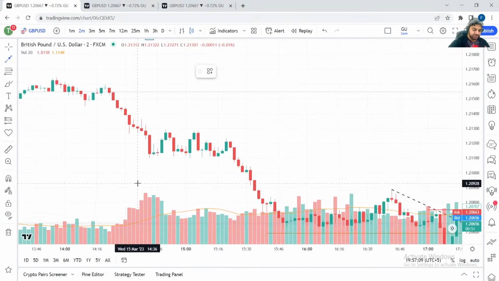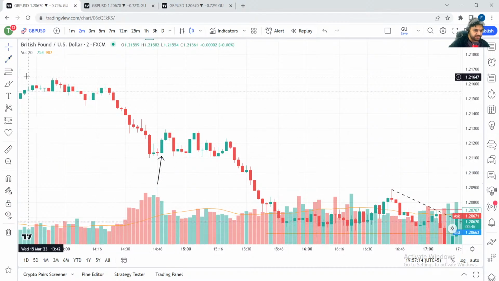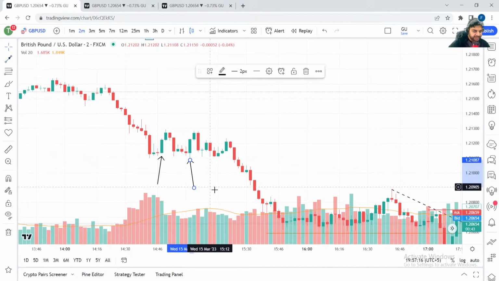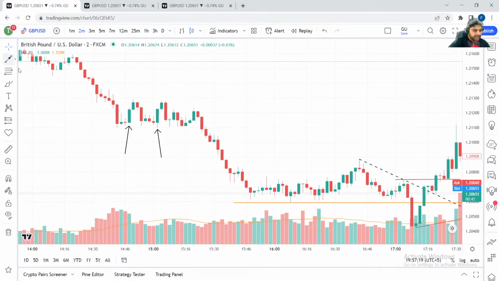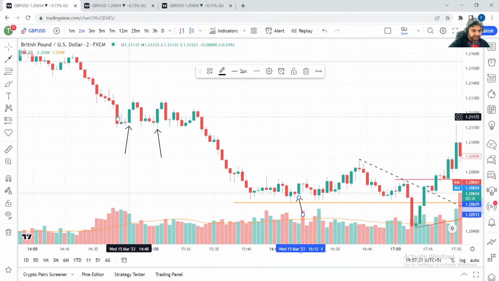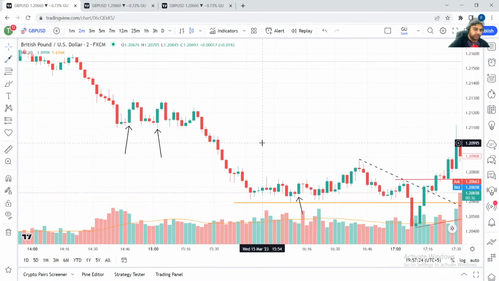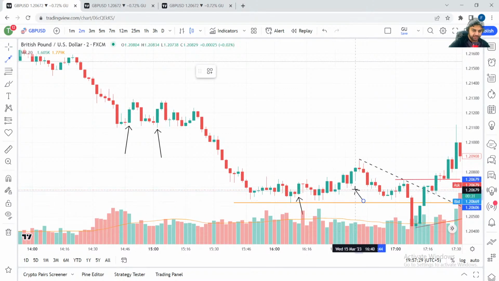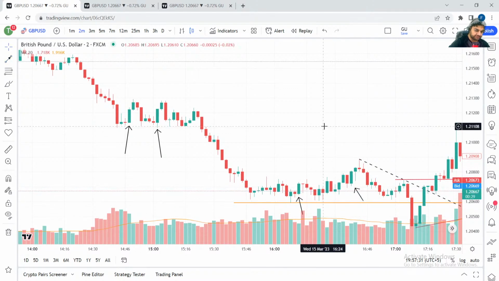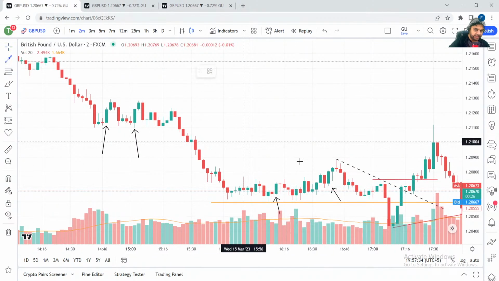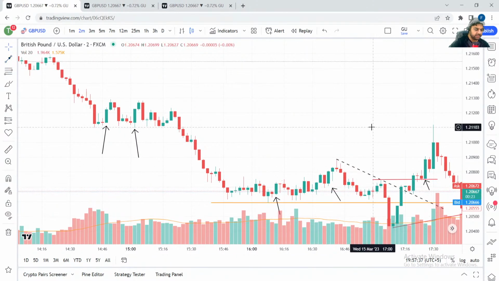And just for the sake of knowledge, I will give you examples of bullish engulfing. Okay, so this is an example of bullish engulfing, another example, and another example, and so on and so forth. And this is another example, and another example. Just for knowledge they are okay, but you see they are not much helpful. Okay, so please don't worry about these.